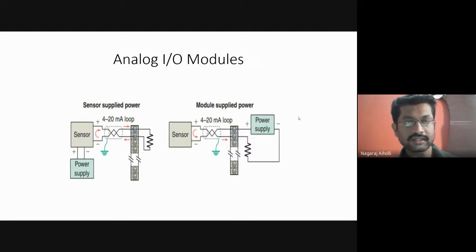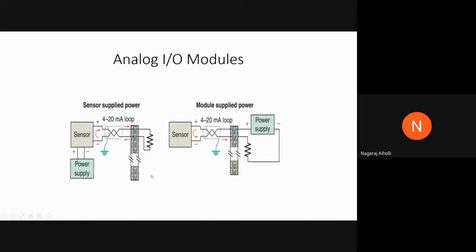Then we have seen this sensor supplied with the power supply. Here the power supply is applied to the sensor, and here the power supply is applied to the module. When we apply the power supply, a feedback loop is established from input to the output, and then from output back to the input. The difference between the input and the feedback signal will try to increase the accuracy of the output. It will try to minimize the noise level, and the accuracy of the output is increased by this feedback loop. It is called a closed loop section or the closed loop controlling mechanism.